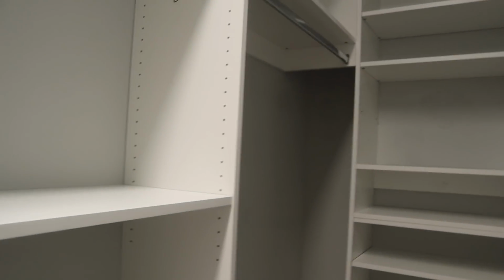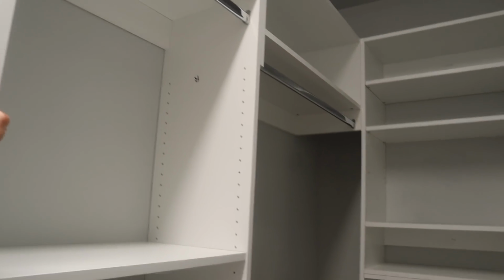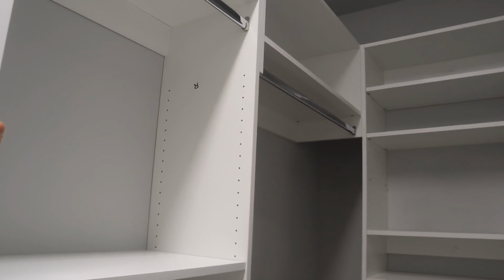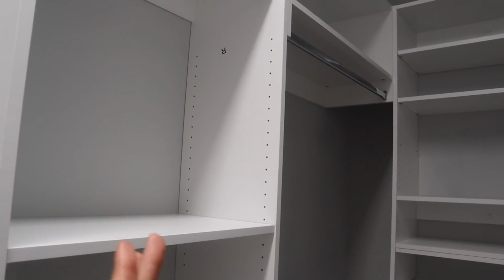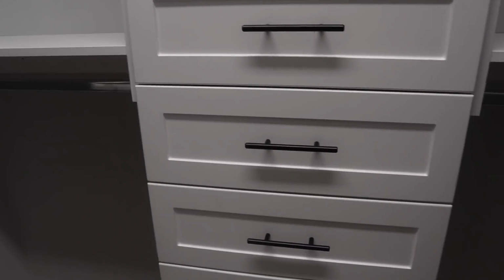All right, so I've been trying to brainstorm some ideas on how I want to organize this, and I'll probably still rearrange it 100 times because that's just the type of person I am. I'll like how it looks at one point in time, and then the next I hate it and I end up changing it. I'm trying to decide also because partially this is going to be for baby as well,